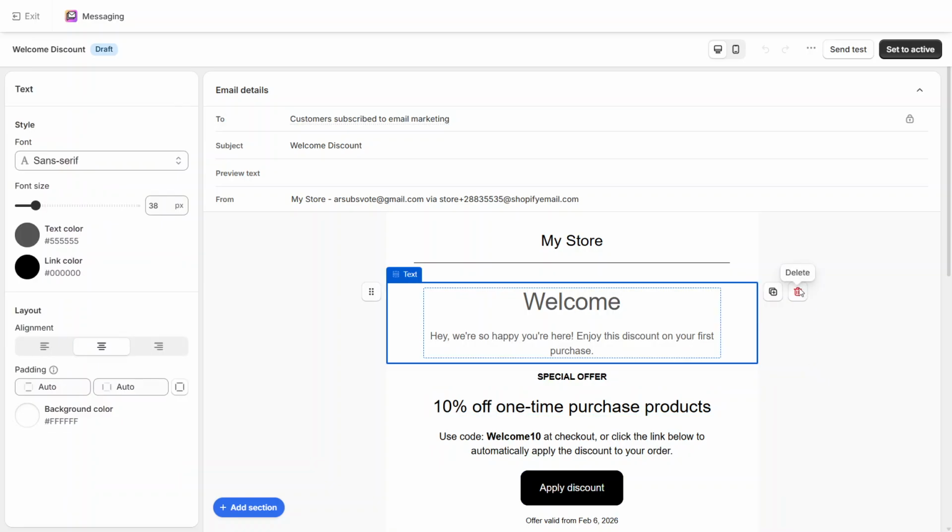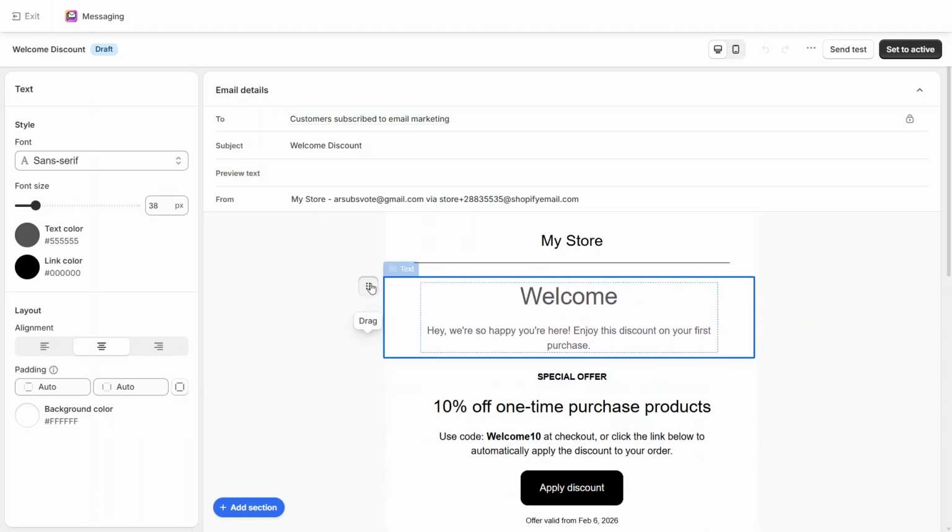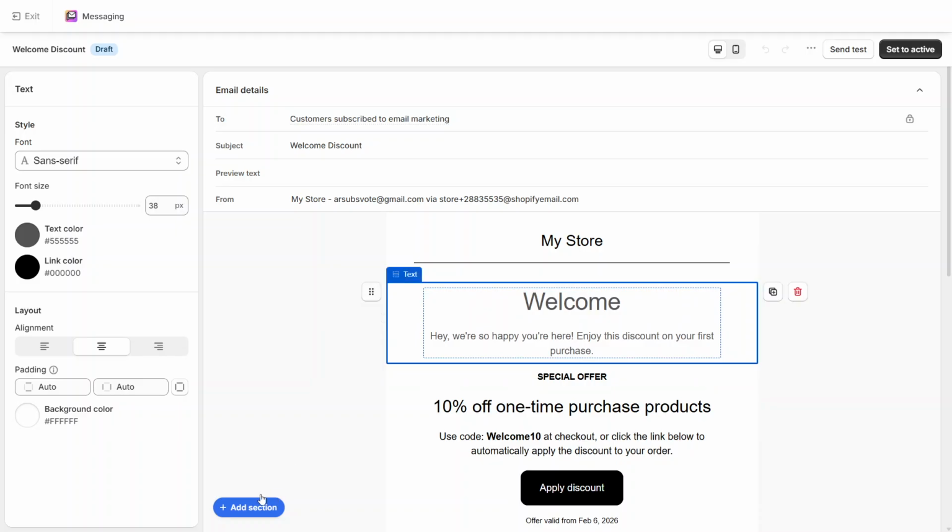To rearrange sections, select a section, then hover over the vertical dots on its left, drag it up or down, and drop it where you want it. To add a new section, go to the bottom left of the preview, click Add Section, and choose from the